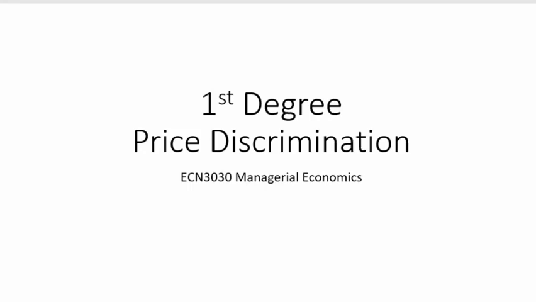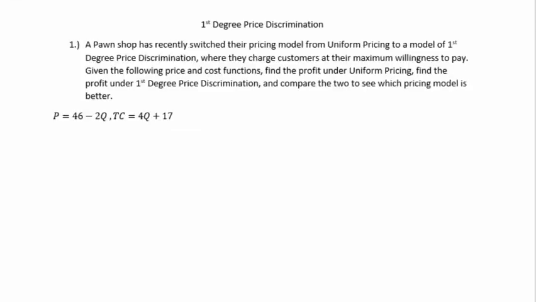In this video, we will be discussing first-degree price discrimination and how it compares to uniform pricing. So here we have a problem involving a pawn shop that has recently switched their pricing model from uniform pricing to a model of first-degree price discrimination, where they will charge their customers at their maximum willingness to pay. And we're given the following price and cost function of P equals 46 minus 2Q, and total cost equals 4Q